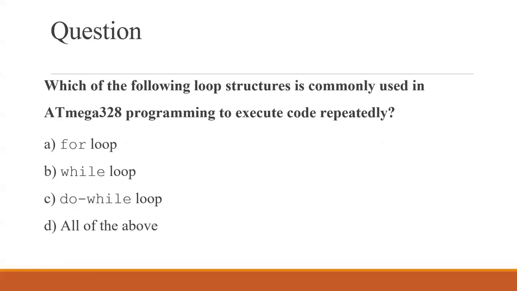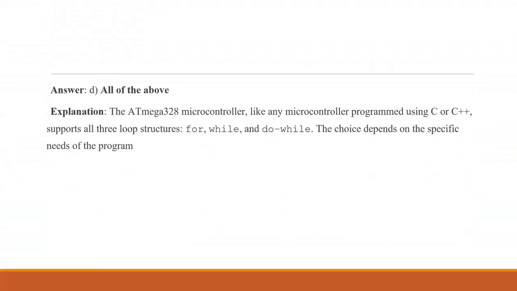So if we are to execute the code repeatedly, don't you think that all of the above is the answer? The ATmega328 microcontroller, like any other microcontroller programmed using C/C++, supports all the three loop structures, the for, while, and do while, and the choice depends on the specific needs